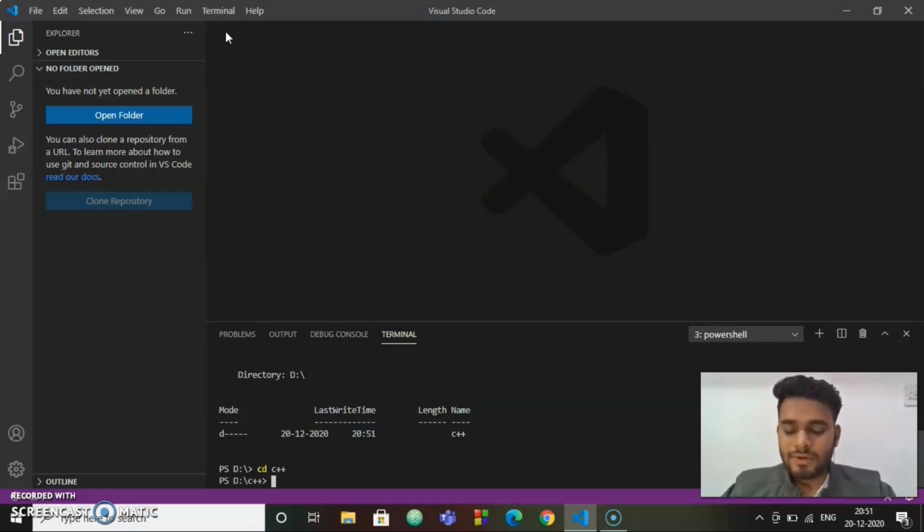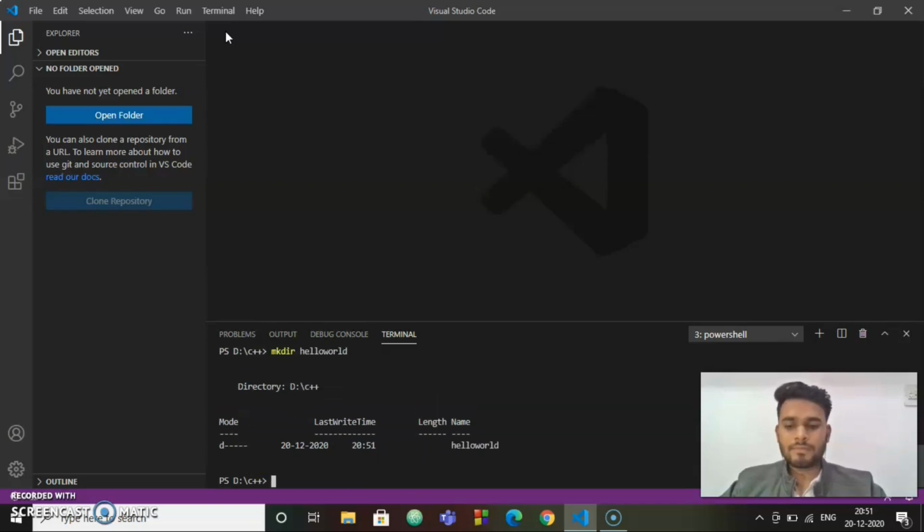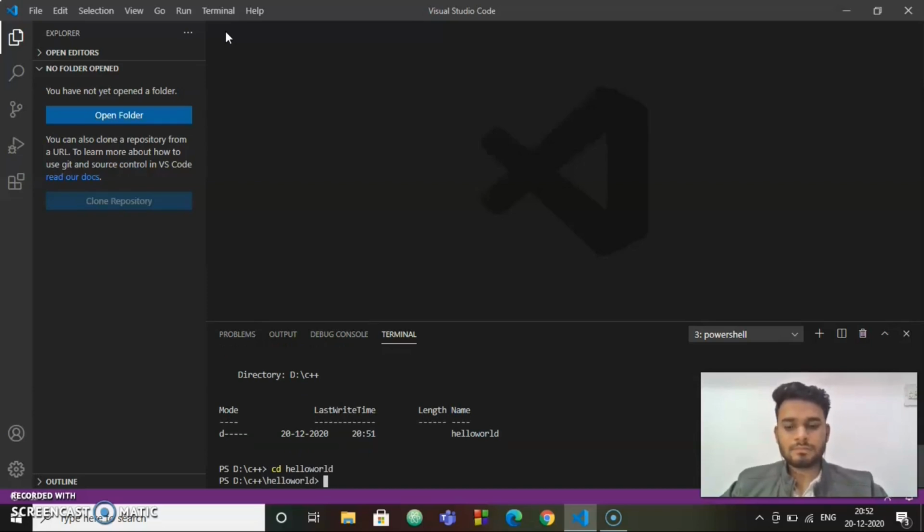Now we will create a Hello World folder in which our Hello World program will be located. CD into it. For making a folder, the mkdir command is used, and for opening that folder, the cd command is used.